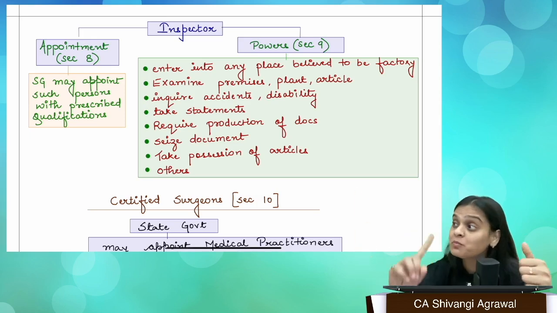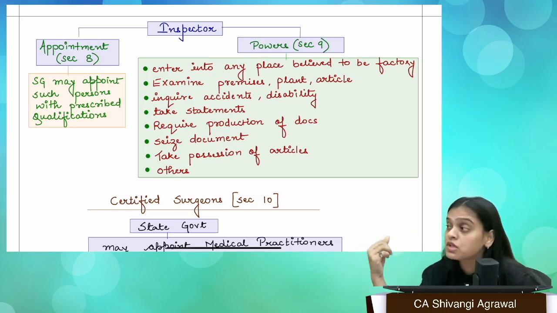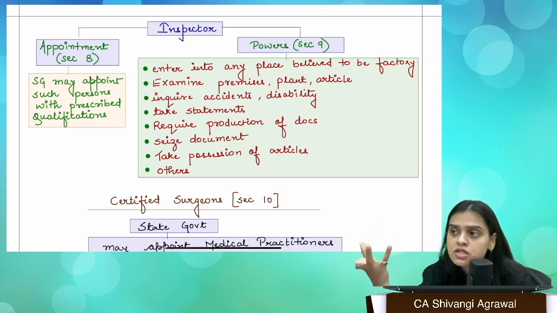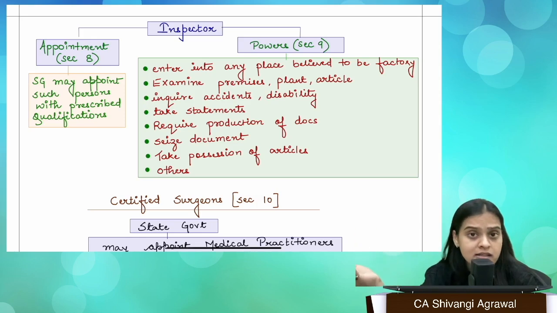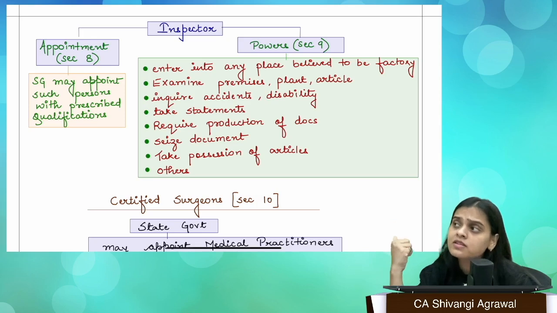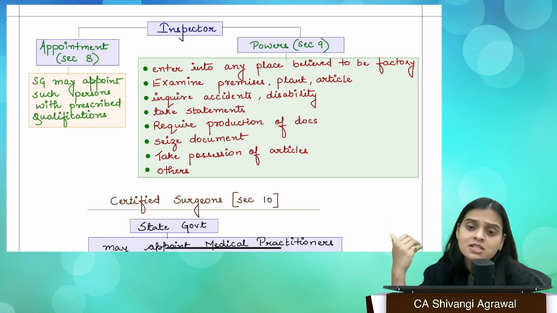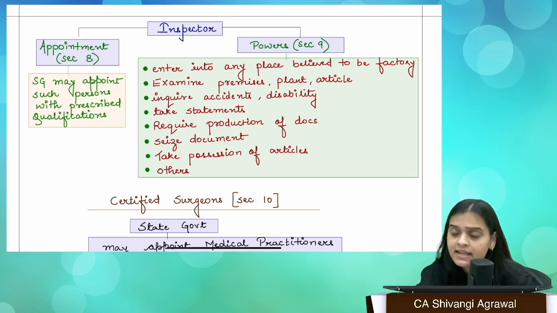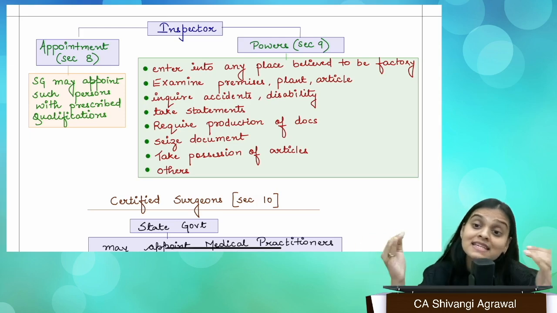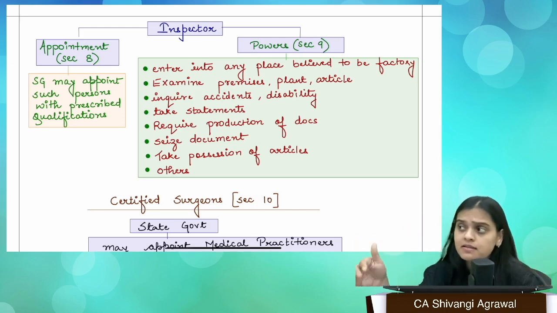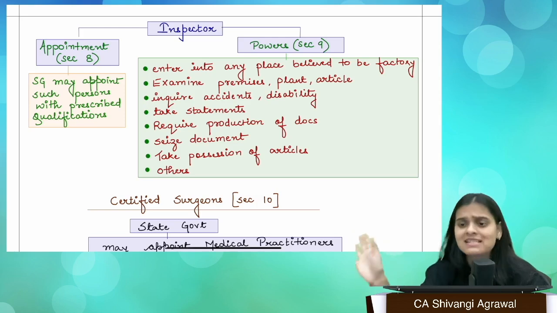I can examine the premises: what machinery are you using, which substance are you using, because even if you have reported it to be a factory, you may be using some hazardous substance but not taking adequate care for that. If any accident has happened, the inspector has the power to inquire into that accident, and procure any document as they need to. They can seize any register. There are a lot of registers which are mandatory that you have to maintain. There might be some registers which they maintain just like that, right?